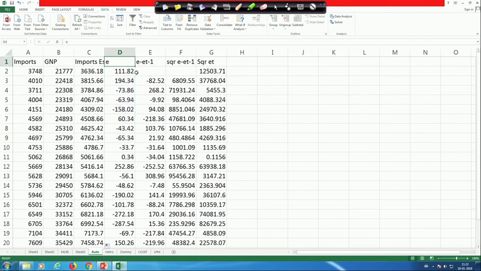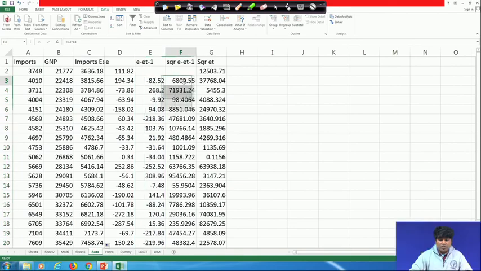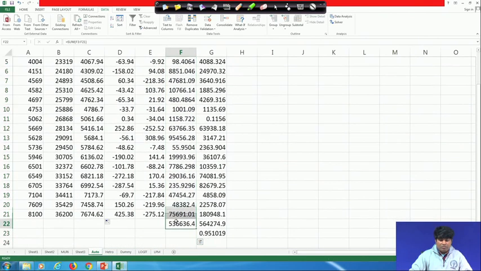And now, after getting the errors, you will find out E t minus E t minus 1, that is the difference between the errors in two different situations, like U t and U t minus 1. So, here this is E t, and the previous data point will be E t minus 1. So, these are the differences between E t and E t minus 1, and we need the square of this particular structure. Squaring this, we will have the entire series like this, and then finally we will get